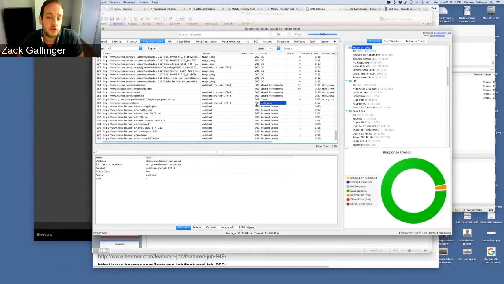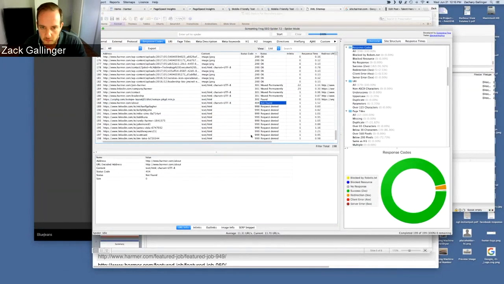So basically, you should be looking on your site for 404 errors, and you should be either creating the page that's supposed to exist, or removing the link if the link was created in error, or fixing the link if it was a typo. As you can see, there are a bunch of other status codes, and we don't have time to go into